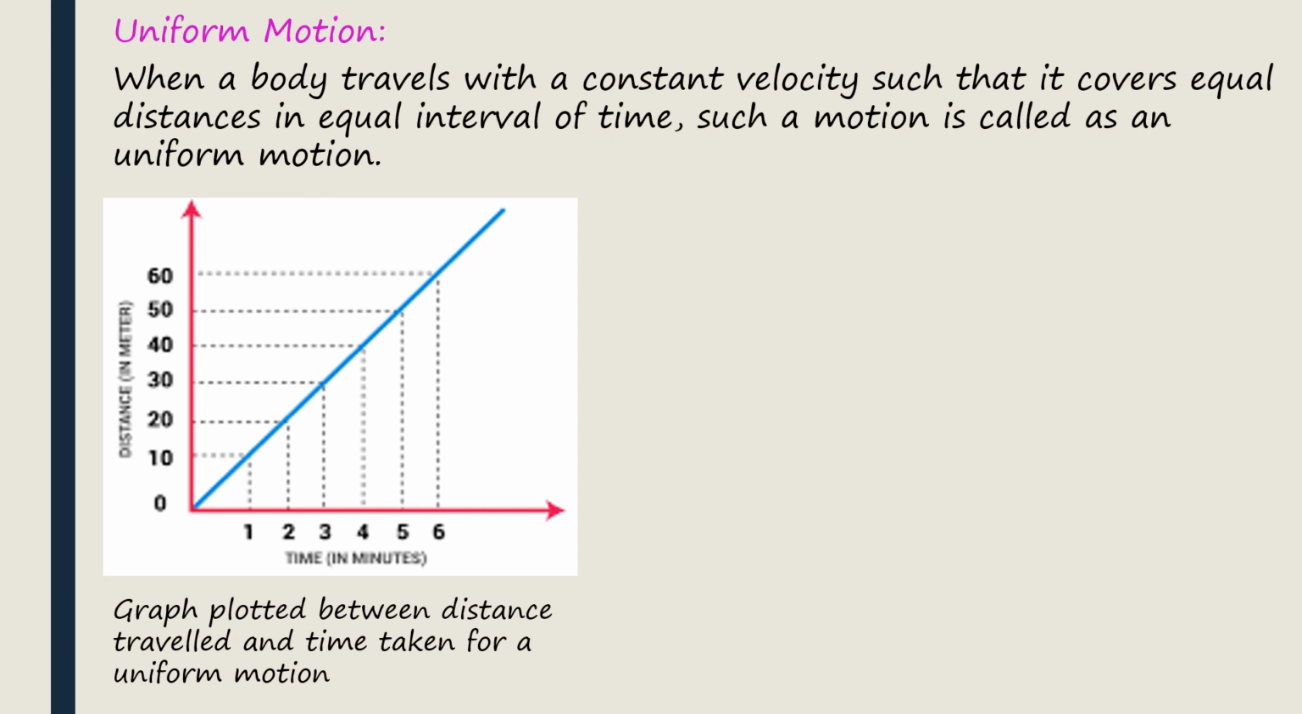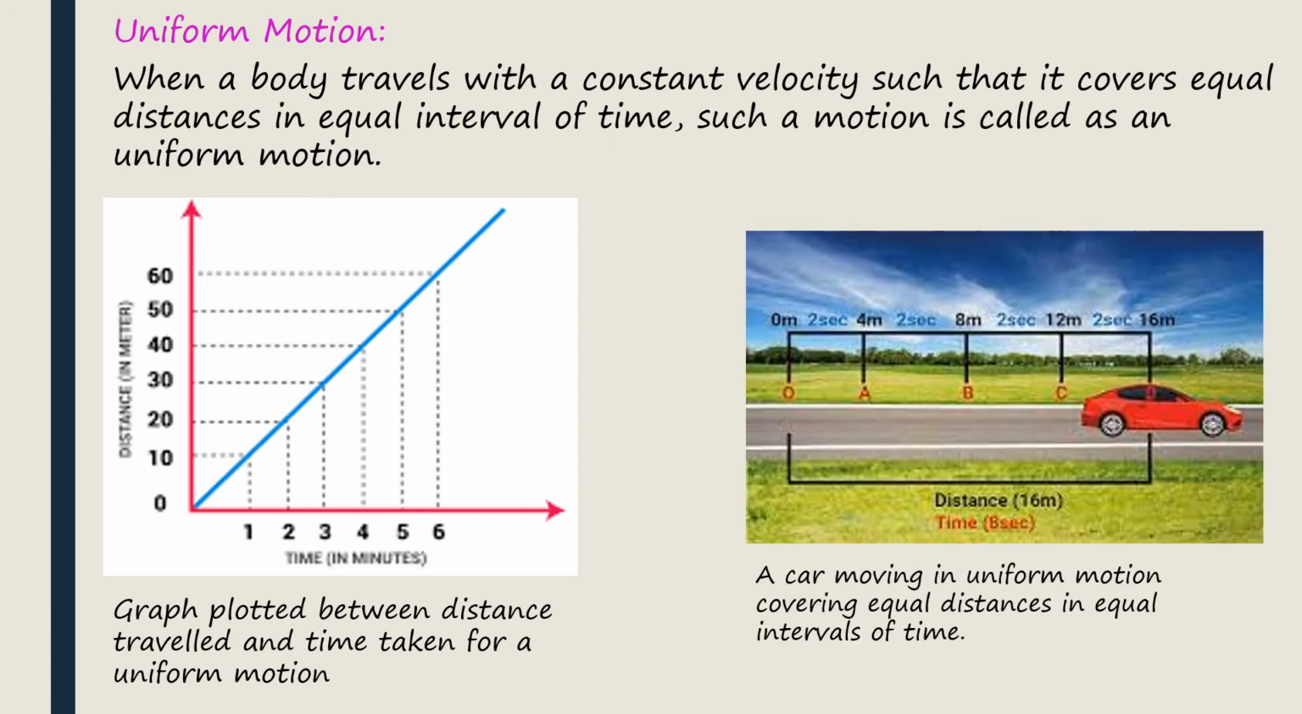This is the graph which is plotted for a uniform motion. Now, to give an example, let us see this. There is a straight line and there is a car moving. From 0 to A is one distance, then A to B, B to C, C to D. The distances from 0 are 0 meters, then 4 meters, 8 meters, 12 meters, 16 meters. The difference in each is 4 meters. 0 to 4, 4 to 8, again 4 meters, 8 to 12, again 4 meters, 12 to 16, again 4 meters. In equal intervals of time, which is 2 seconds,